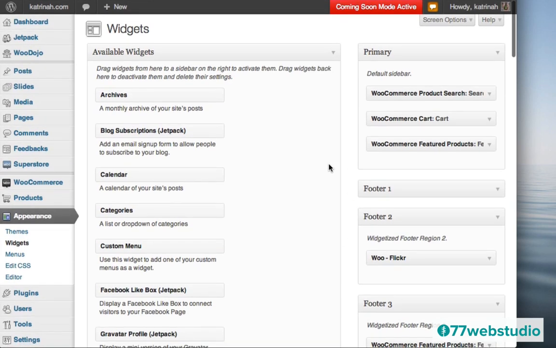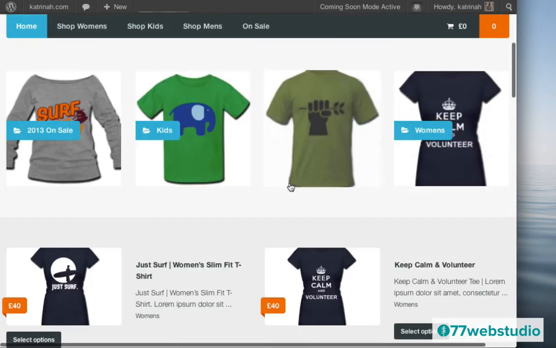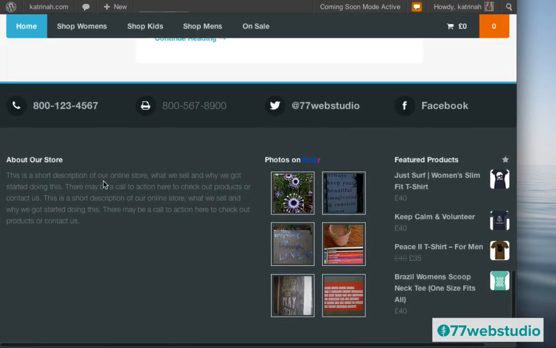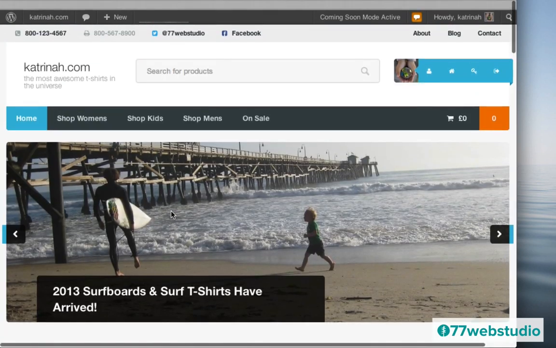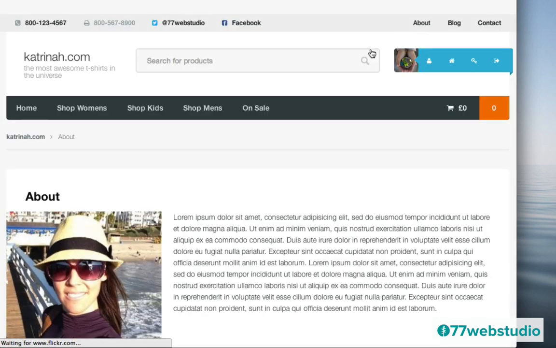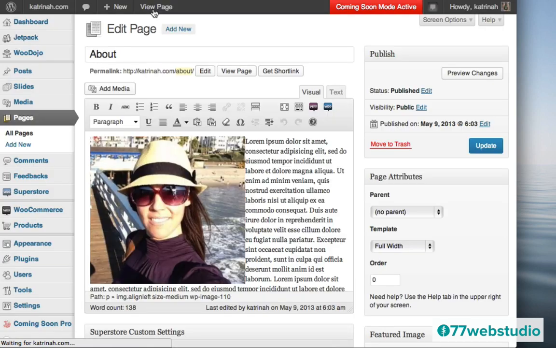So now let's go check out the website. I'm going to go up to the top and click on Visit Site. And now when I scroll down all the way to the bottom, we see here we have the footer section all configured. So we have a couple things to do. I want to add a button here, and I'm also going to add a button in the About page. So let's go to the About page first by clicking on About. And then I'm going to click on Edit to edit this page.